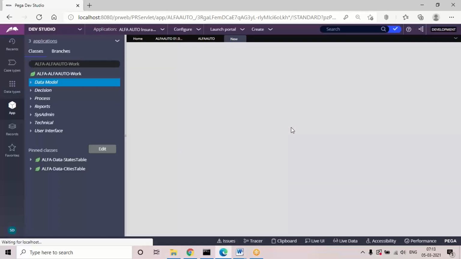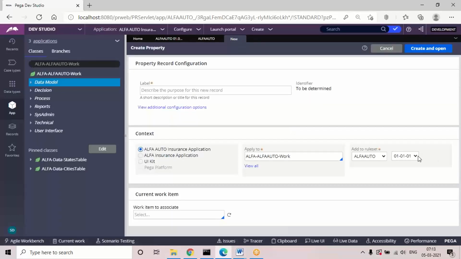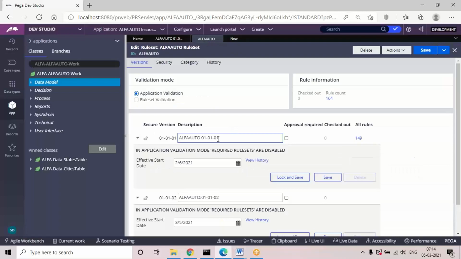Now the drop down will show both versions, 010101 and 010102, but it should not show like that. So we have to compulsorily lock the old version, which is now 010101. You can see here there is a button, Lock and Save. So directly click on that.